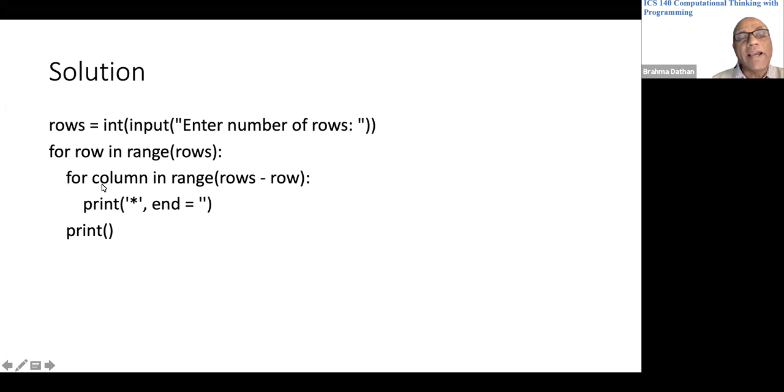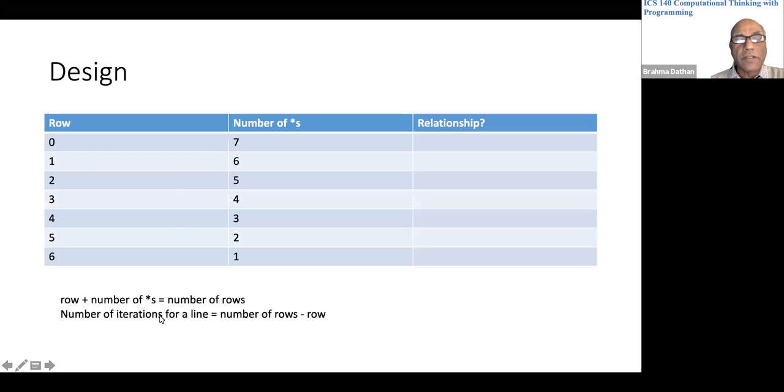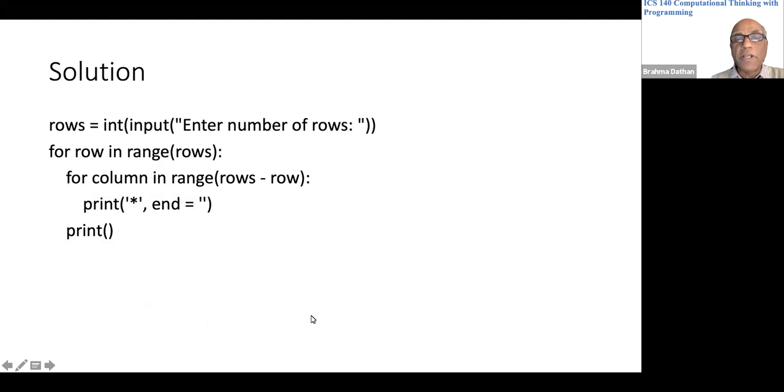So we have a second loop, an inner loop placed in the outer loop, that iterates these many times, number of rows minus row. And number of rows is actually in this variable rows. So I have exactly that equation here. Only thing is, instead of number of rows, I have the variable name rows. And I am printing 1 star for each iteration. But I don't want to skip to the next line. So I have this